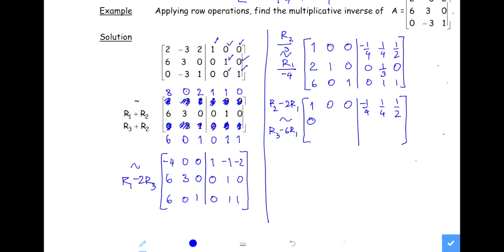1 minus 2 times 0 is 1. This one, 0 minus 2 times that, it's 1 over 2. 2 times this is negative 1 over 2, and 0 minus minus is plus. Okay. Here, 1 over 3 minus 2 times this. 2 times this one is 1 over 2, right? So 1 over 3 minus 1 over 2. I think I will get,